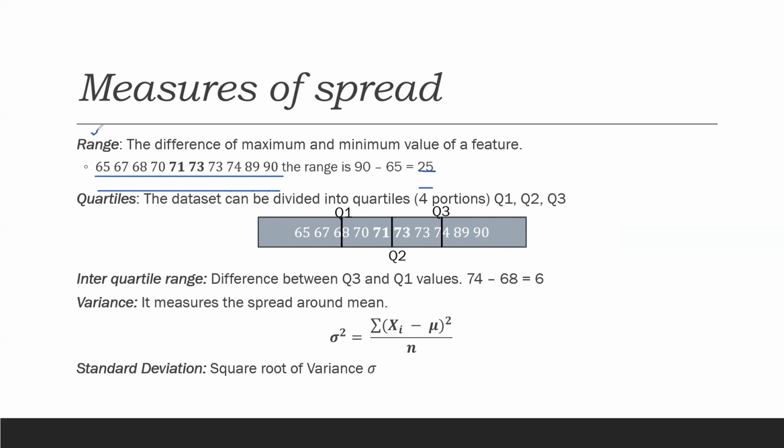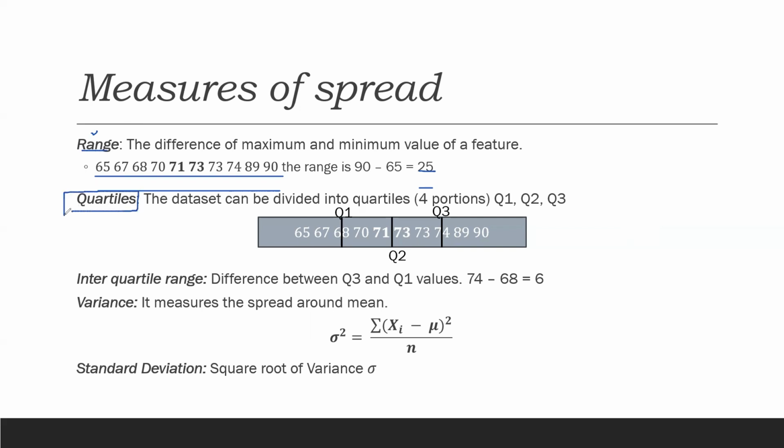Say, for example, I have millions of records for a given weight. I randomly choose 10 samples from that million records, and I again randomly choose 10 samples, and then I want to compare if these two samples belong to the same population or not. Okay, so then you can just go and compare this. You can go and look at range, or maybe you can go and look at quartiles.